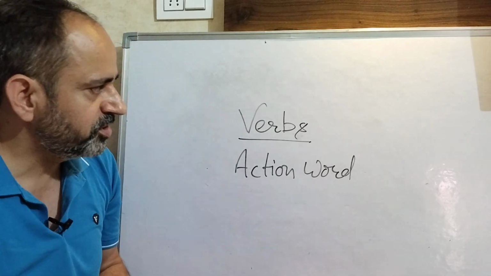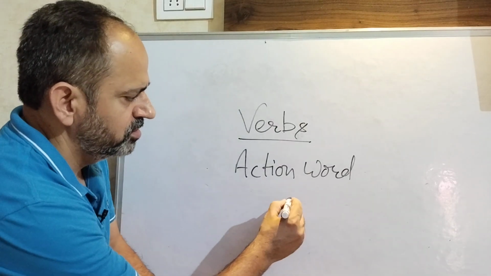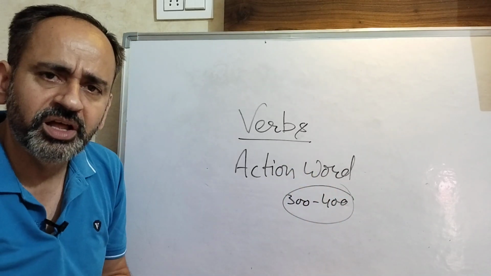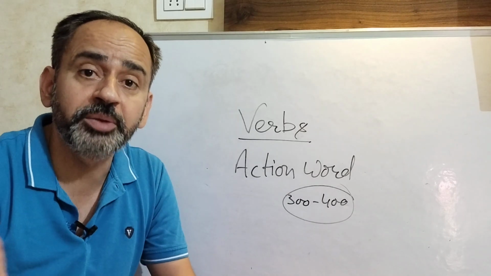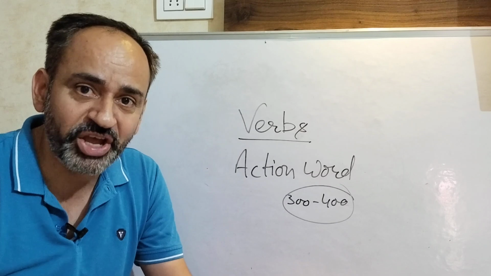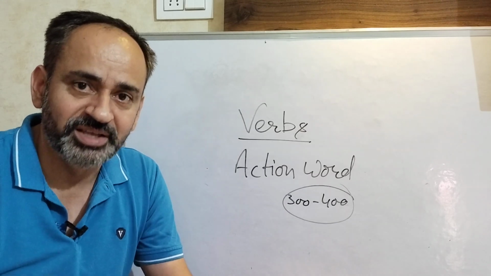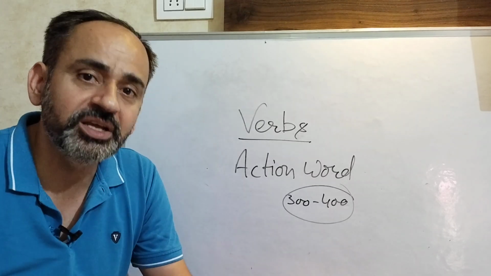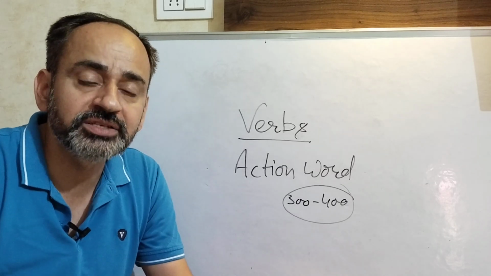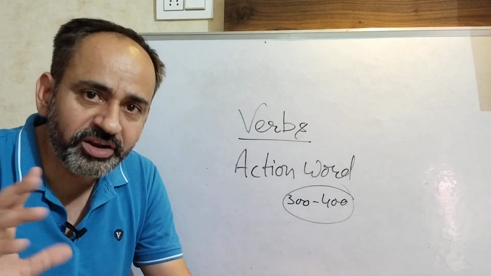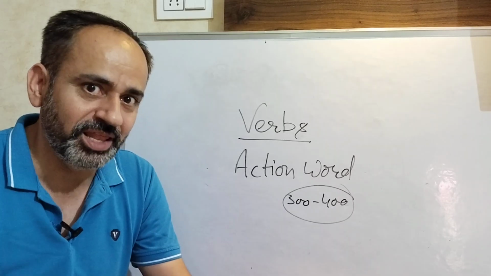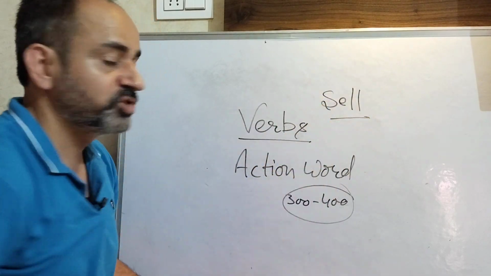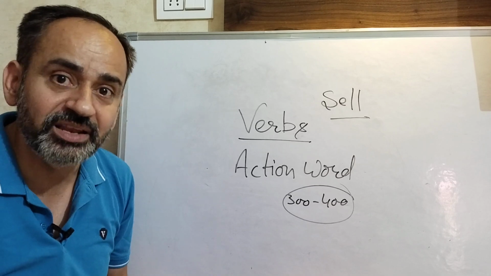But I just want to tell you that you take any grammar book and learn just, I say, 300 to 400, which are sufficient for you in the beginning. And learn verbs like buy, bought, or purchase, purchased. Buy means खरीदना, sell, बेचना, sell, sold, sold. And most of the students make a mistake here. For बेचना in English, they say sale. Sale is something different. Sale is not a verb, sale is a noun. The verb is sell, S-E-L-L, sell. Sold, sold. It's not sale, sailed, sailed.